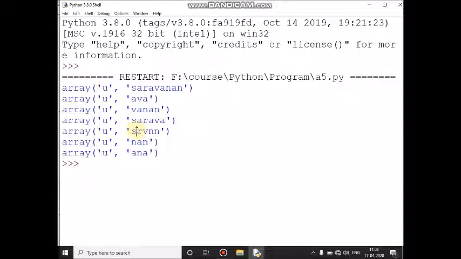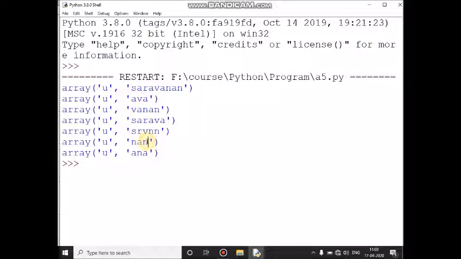After that it will skip 2 positions, then that character will print. Again it will skip 2 positions, it will print. And after 2 characters, N. Now the new array value is SRVNN.